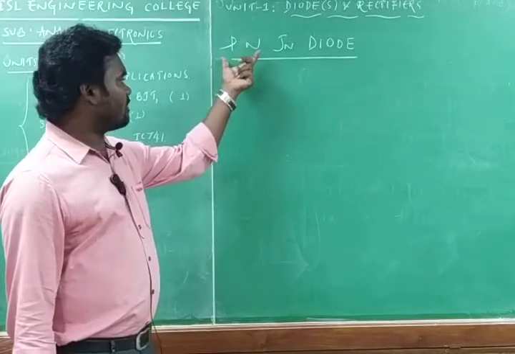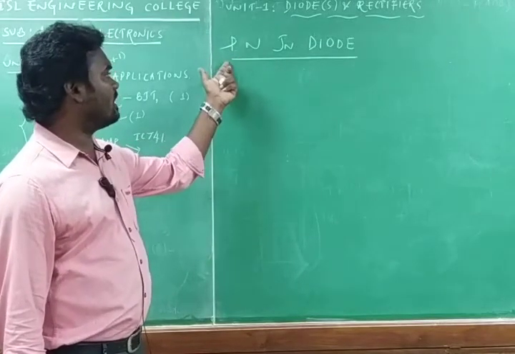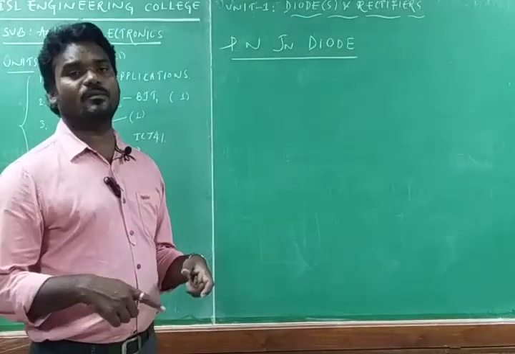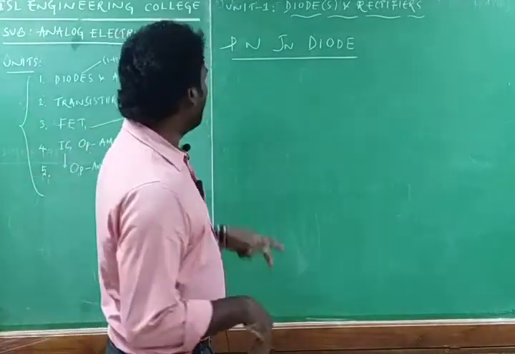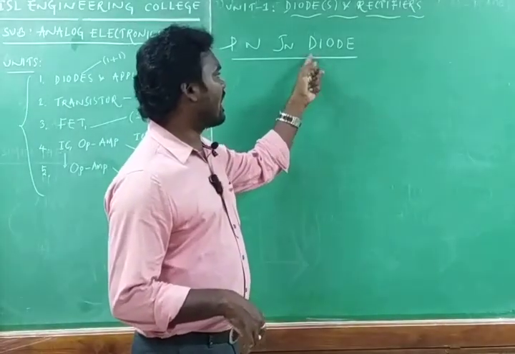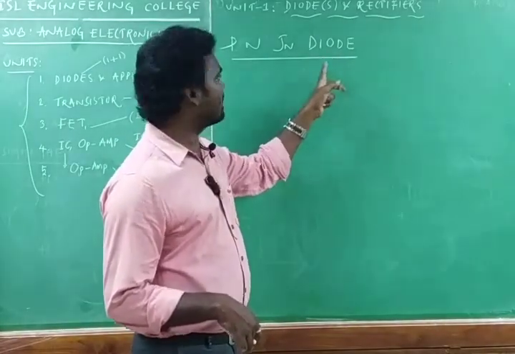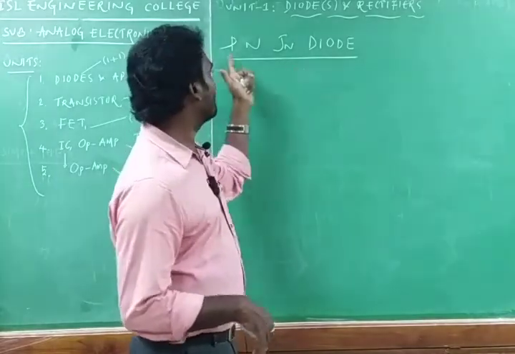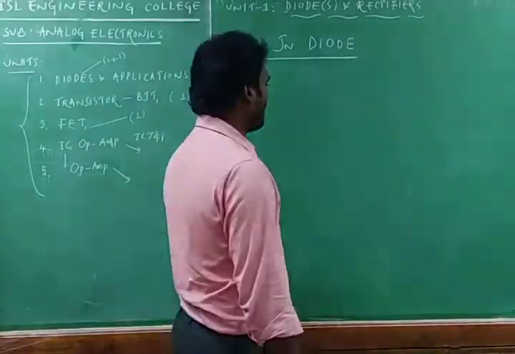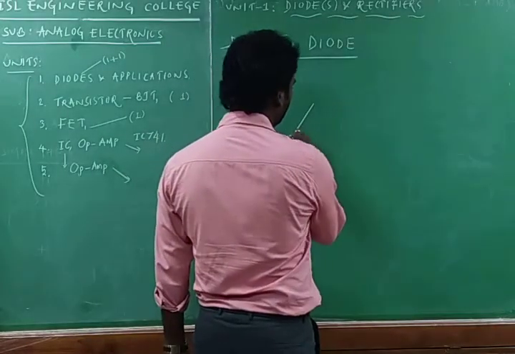By creating P-type and N-type semiconductor in a silicon wafer using a process called doping, we get a PN junction, and after adding two electrodes to that semiconductor, we have the PN junction diode. Now I will explain the PN junction diode in brief.